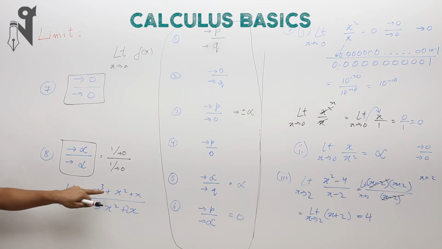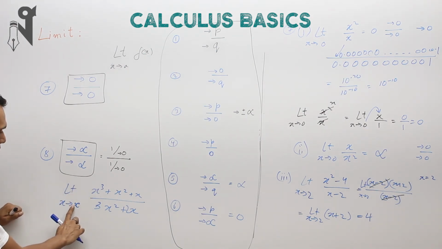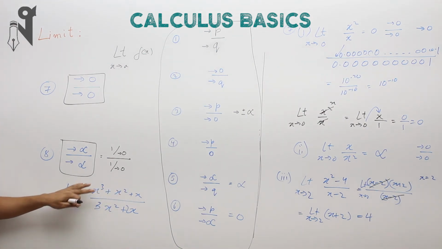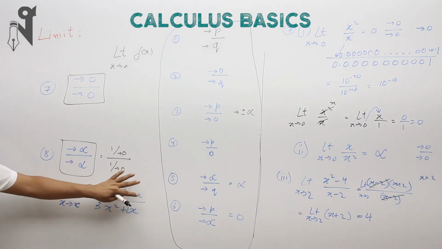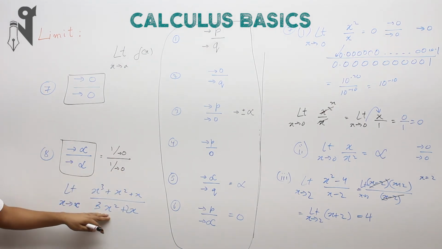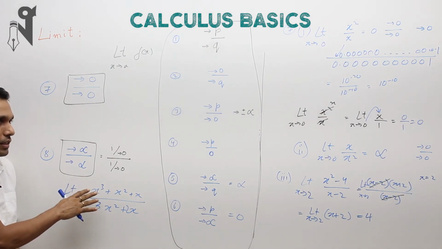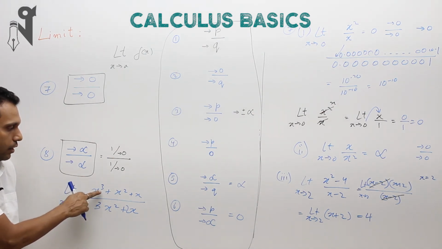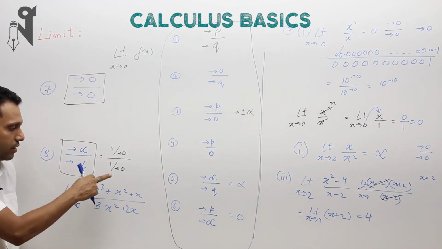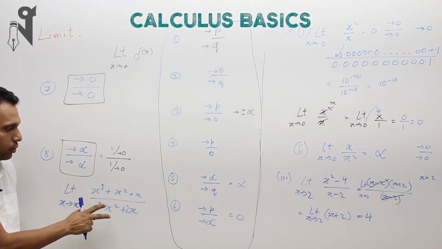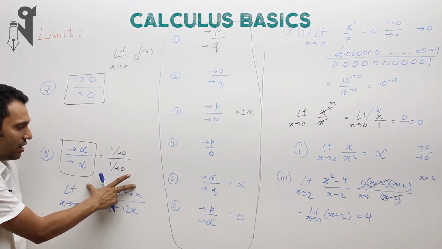If I plug in infinity on top, imagine a very high number and plug it on top, then the numerator is also a very, very large number, and the lower one is also a very, very large number. If we think of say 10 crores and we plug it over here, 10 crore cube will be